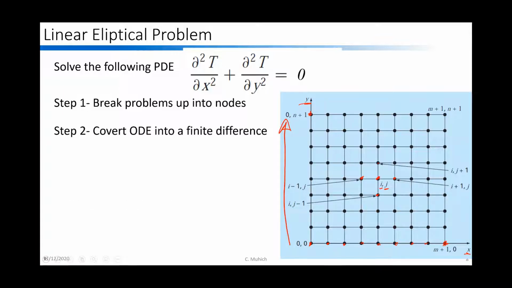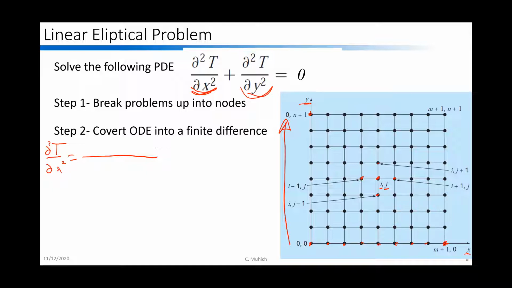Let's go in and see how we can break this up. We're going to tackle each of these one at a time. So let's say partial squared t partial x squared. And now we can start remembering what our central difference formula is